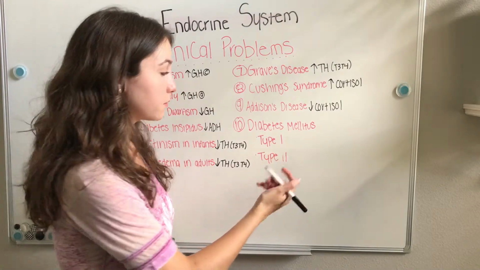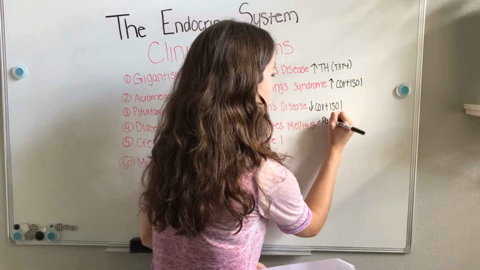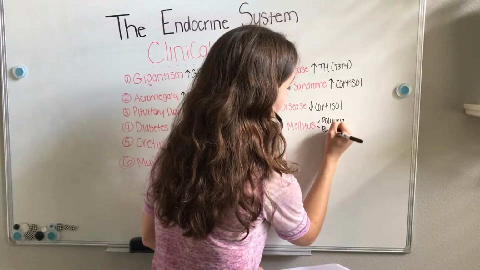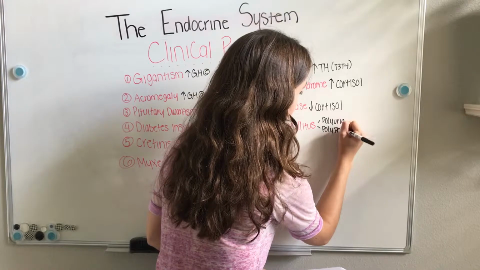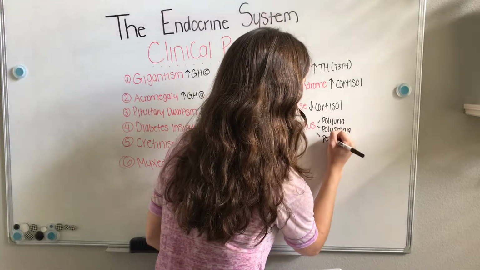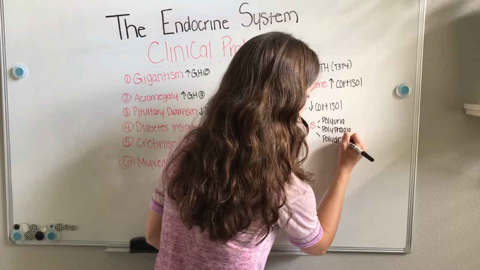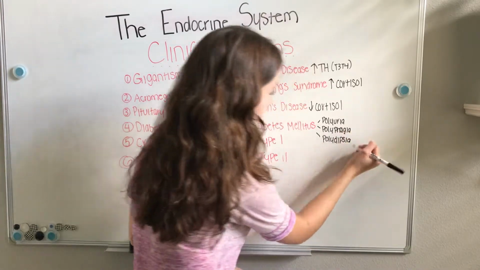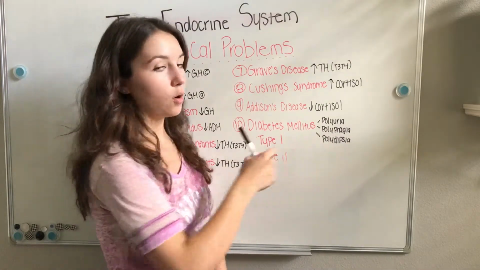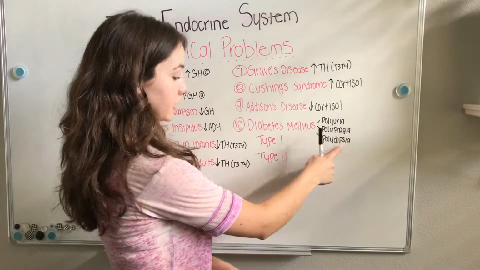Some symptoms of this include polyuria, polyphagia, and polydipsia. So what these basically mean, polyuria is frequent urination, polyphagia is always being hungry, and polydipsia is always